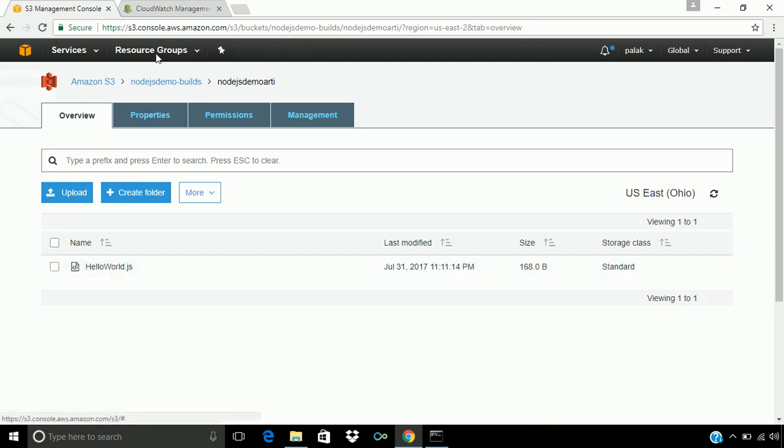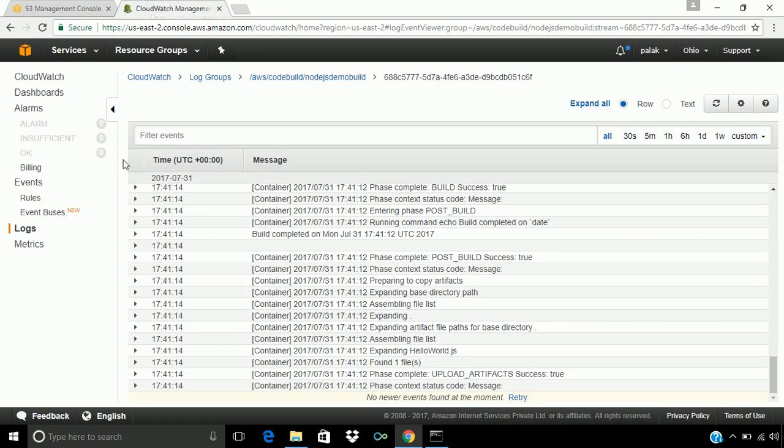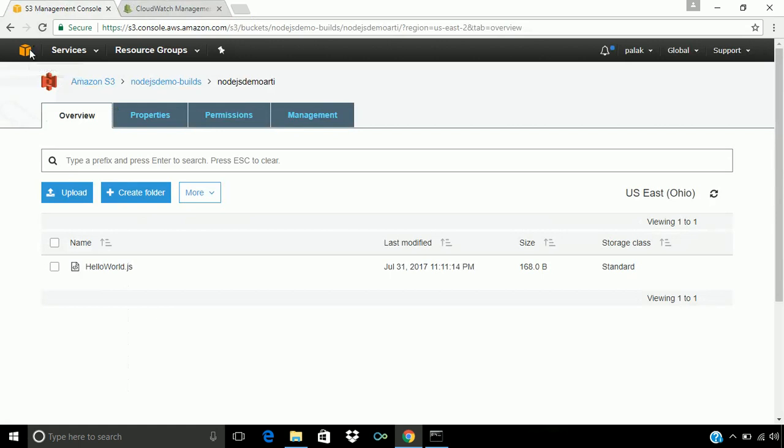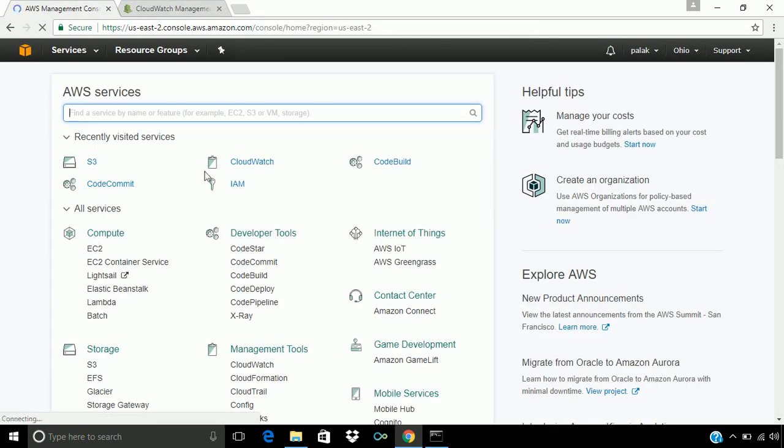So as we started the build and the build has been completed successfully, after the successful completion of the build, in the post build phase, this file has been created and stored in the Amazon S3 bucket. So this is how we can start the build and automate the whole build process.